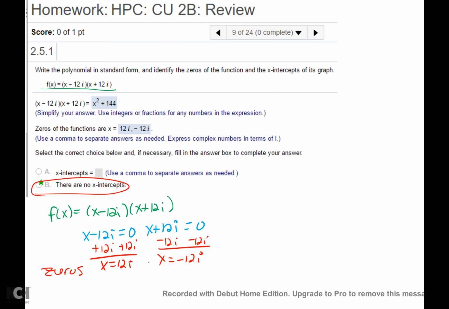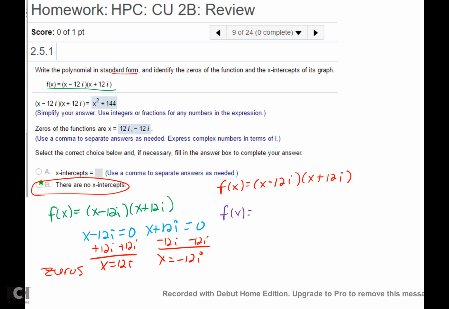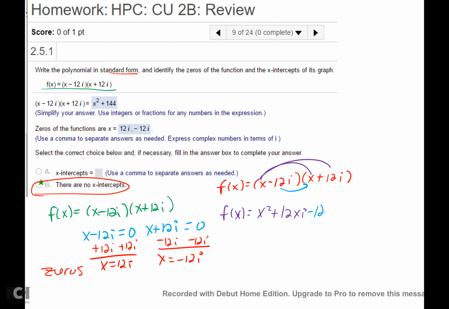Okay, and now to write it in standard form, which is back at the beginning, you multiply your factors together. Okay, so you take the same function, x minus 12i times x plus 12i, these are conjugates, by the way. Okay, you're not solving it right now, you're just rewriting it in a different language pretty much. And we do that by foiling this out. X times x is x squared. X times positive 12i is positive 12xi. Negative 12i times x is negative 12xi. Negative 12i times positive 12i is negative